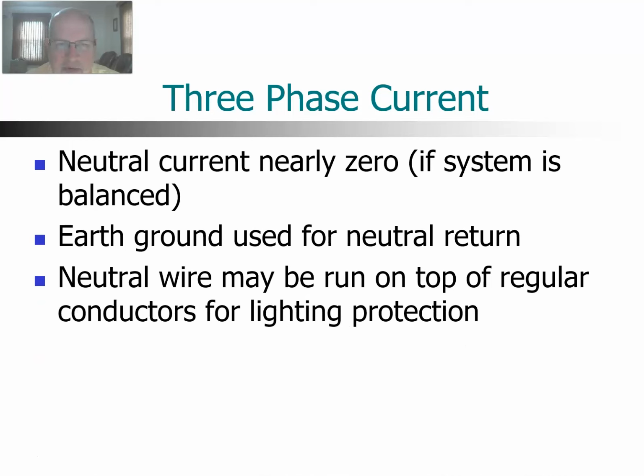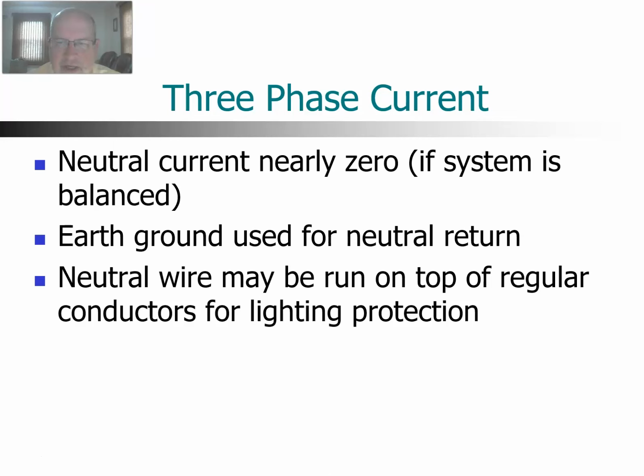Occasionally, if you see power distribution lines, power transmission lines going from a generator to a city or something like that, you'll see actually another line on top of the three phases. You have the three main conductors for A, B, and C phase, and then you'll see a smaller line on top of those. That's not always present, but when it is, it's there primarily to shield the power lines from